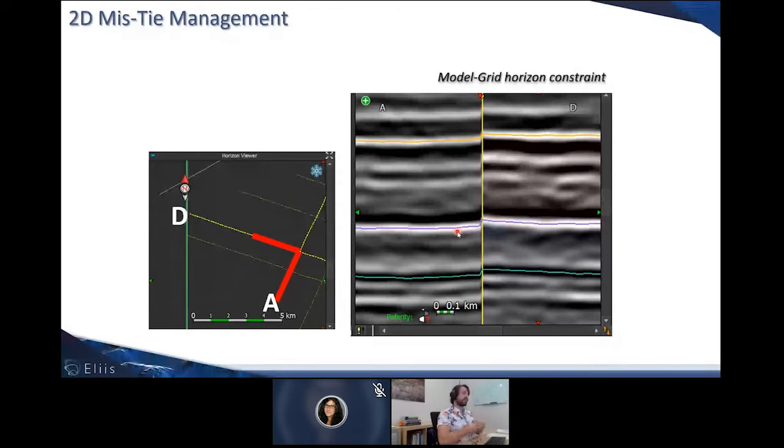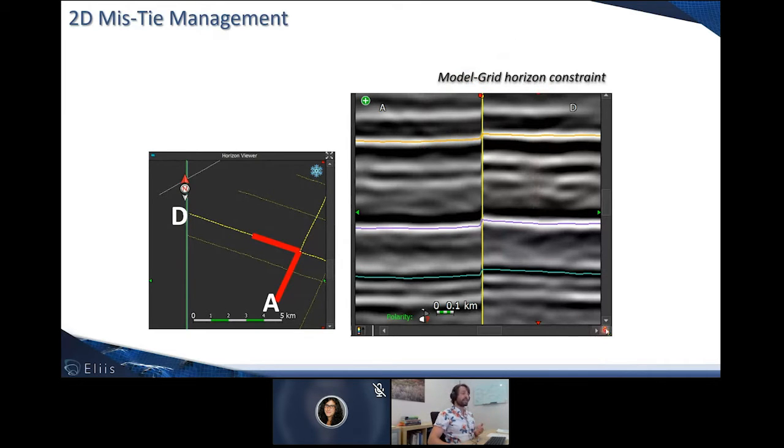Then, concerning most of the manipulation of the model grid, the interpreter simply has to connect, for instance, this line with this one, and the more the interpreter correlates the lines, the more the stratigraphy will be organized within the line set. We call that the model grid horizon constraint.